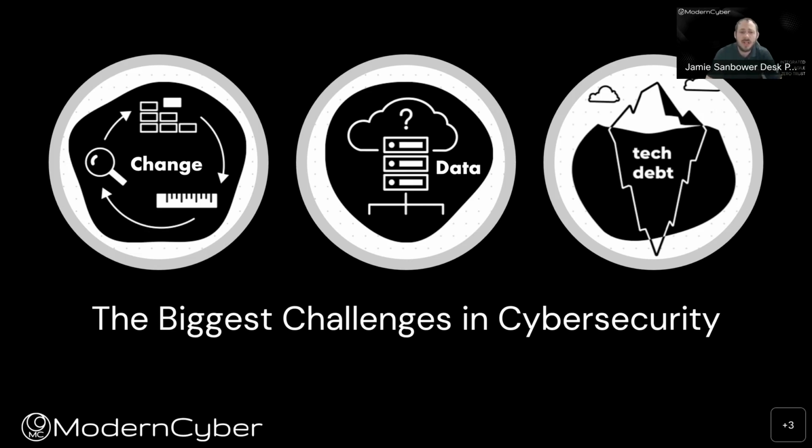The other big challenge that we see is data, and I call this the Goldilocks problem. As a security operator, architect, or analyst, I either have way too much data where I haven't been able to see what's most important or prioritize efforts, or I might not have enough data to make a good, sound decision on whether something's good or bad.